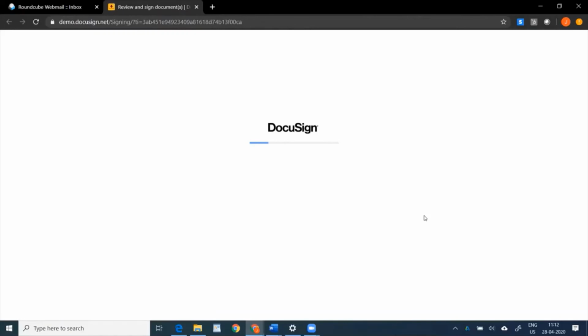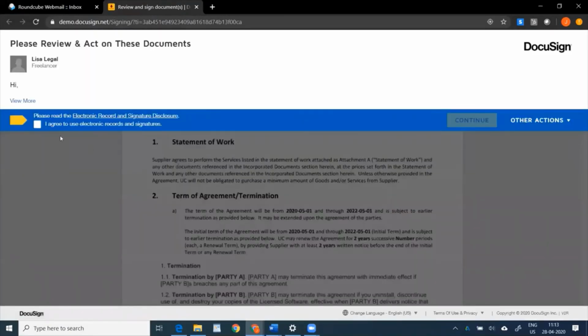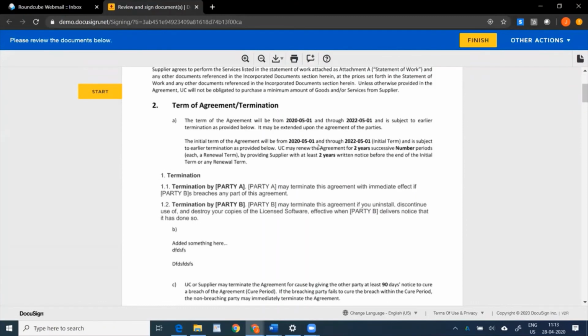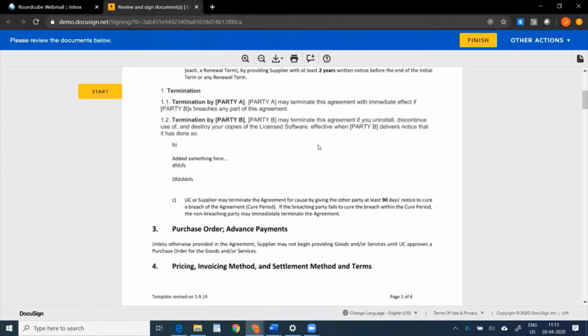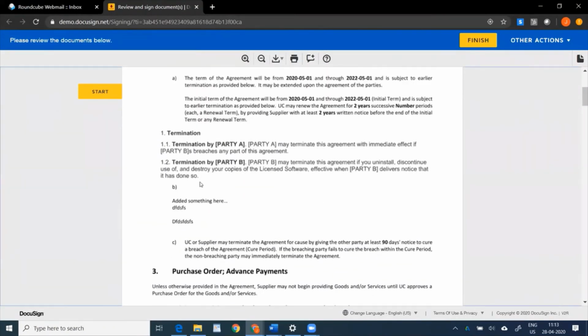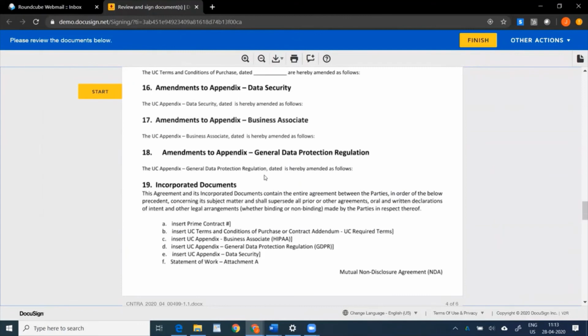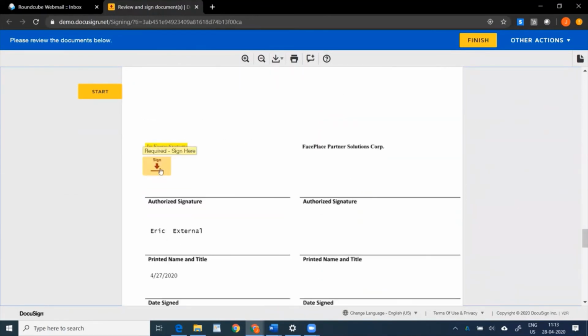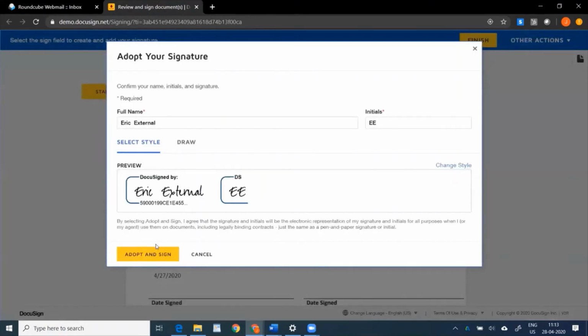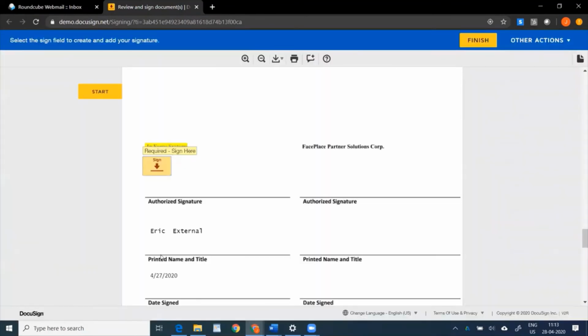As you would see, when the page comes up, this is the document that was sent, and as you can see, this clause was inserted by us. There is some text that we inserted there. So we can review everything and say, okay, everything looks the same, good. And Eric can now sign the contract.